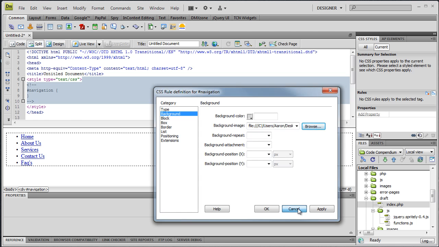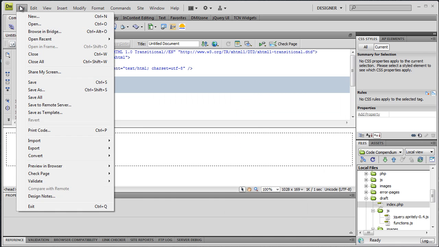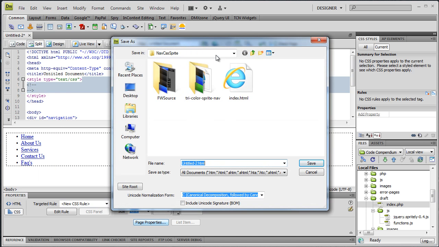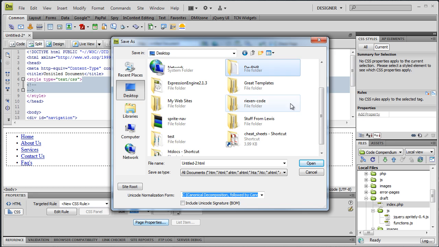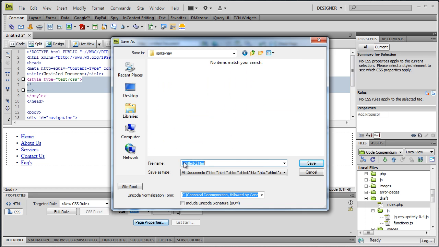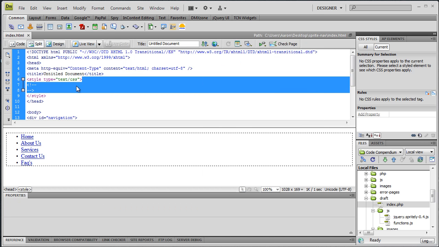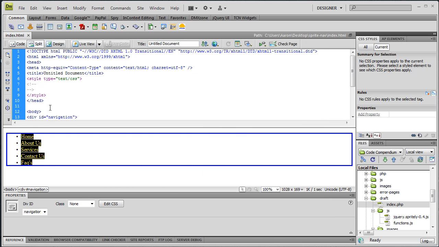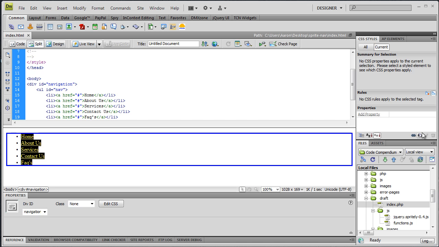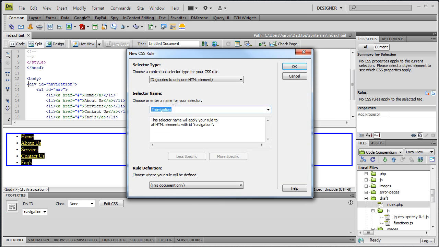Alright. So let's cancel that for a second. Let's go ahead and save this as a file, save as, and let's go to our project folder, Sprite nav, and we'll save this as index.html. There we go. Alright, so now again let's highlight this div. Since we'll create this rule in the document, okay,